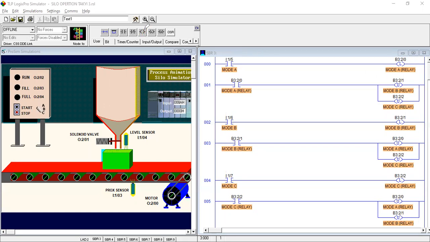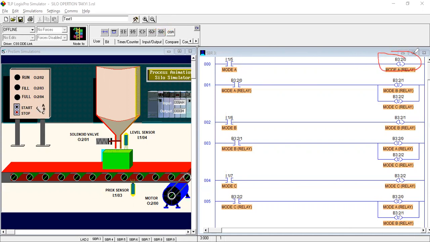Then, if you are using this coil in this program, you should add the holding part. If you don't want to add the holding part in this program, then as per your requirement you can add the latch and unlatch instructions.